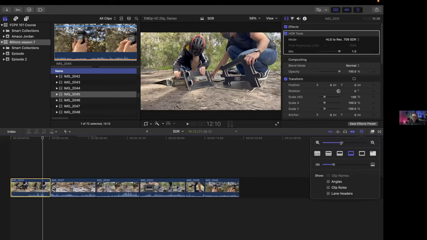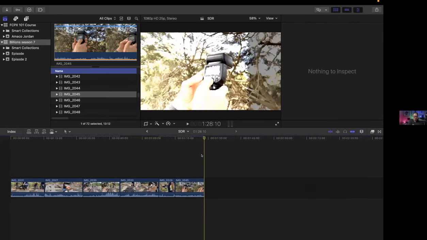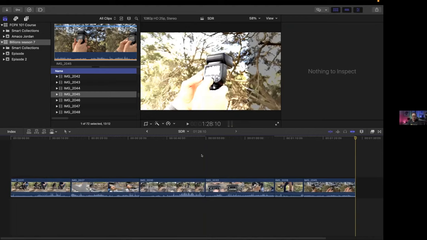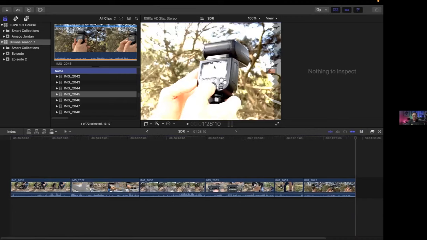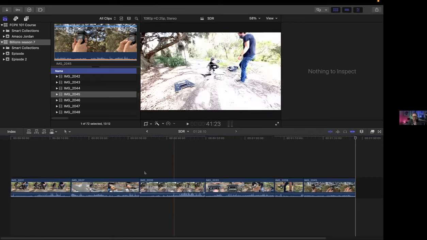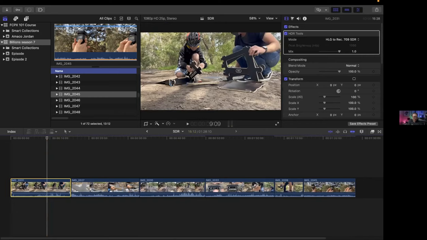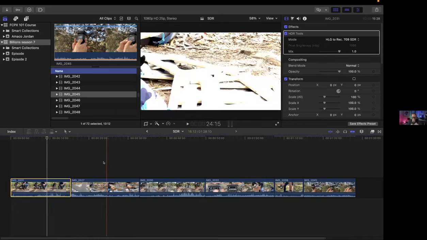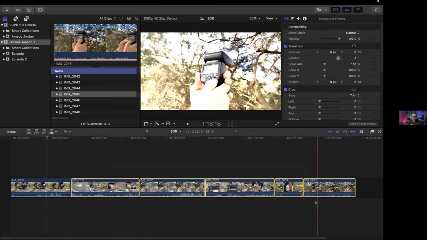So I can zoom in and out like that. I can use Command plus to zoom in, Command minus to zoom out. But the easiest one is to push Shift Z, and that will make it fit to screen. And Shift Z is fit to screen in anything. So for example, if I went to my viewer and changed the view to 100%, so zoomed in too much, click on the viewer, click Shift Z, and it fits the screen. I love it. So finishing off on applying that to every clip, drag and select all of those